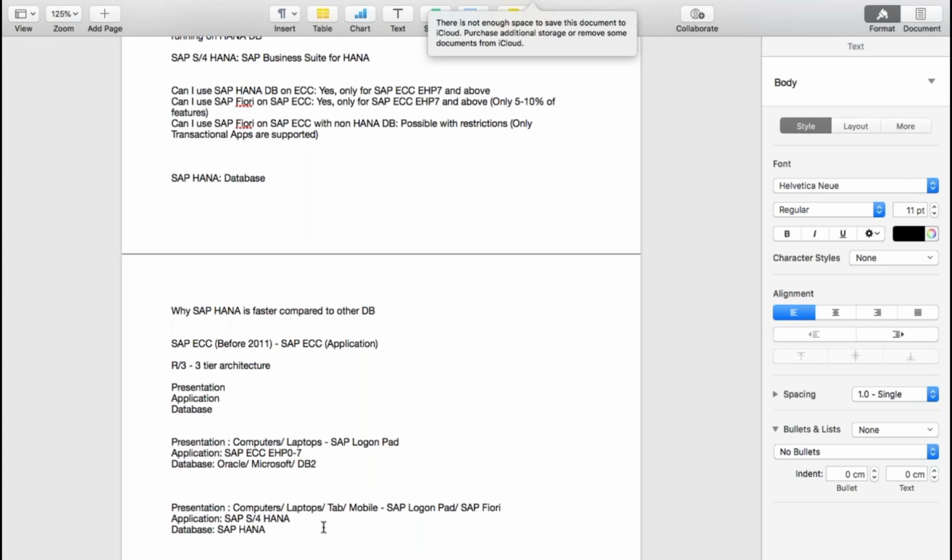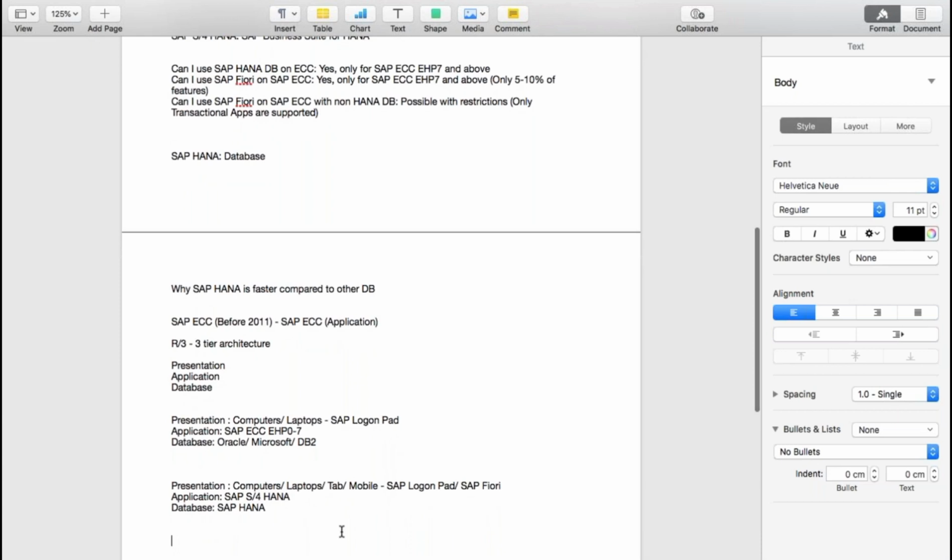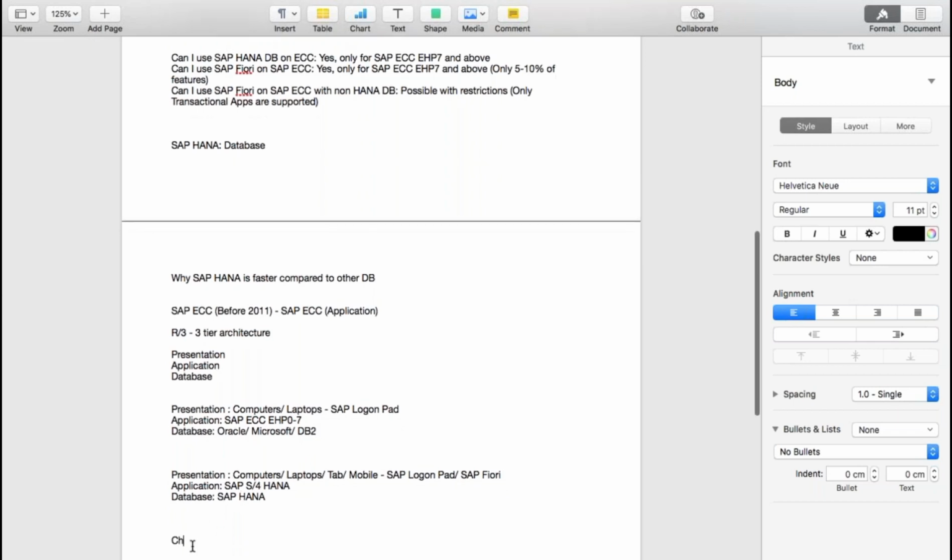That is the reason SAP is saying this is a completely new product. This is not just an upgrade, because the presentation server has changed, the application has changed, and even the database is new. Now the question is why HANA? Why did SAP come up with the SAP HANA database when they were already using Oracle, Microsoft, DB2? There were some challenges